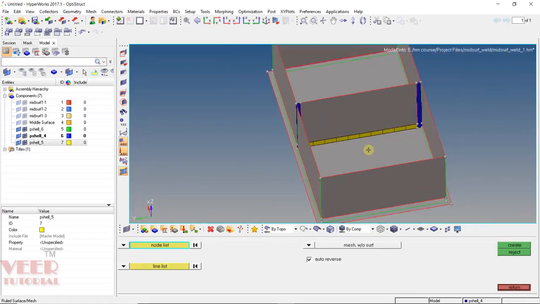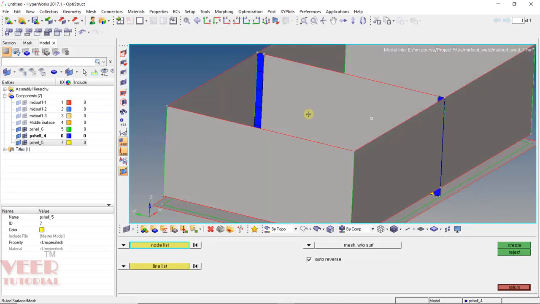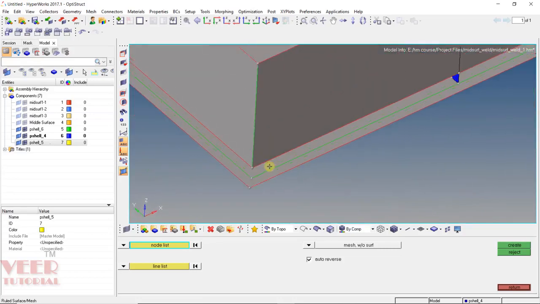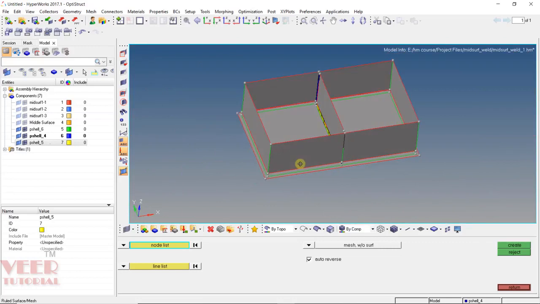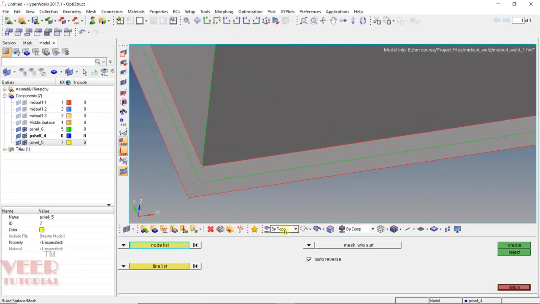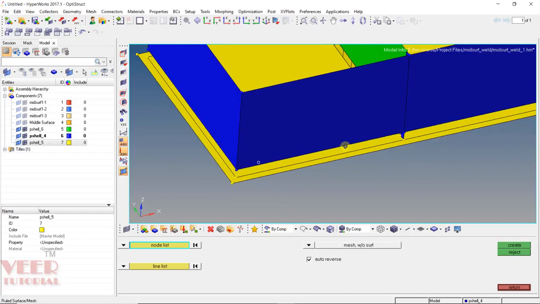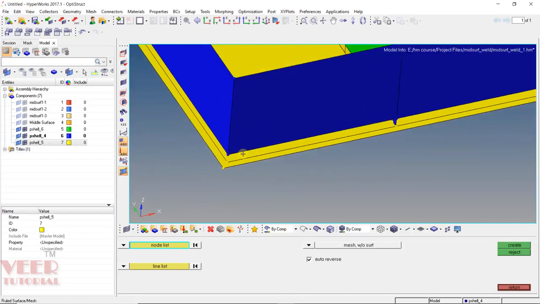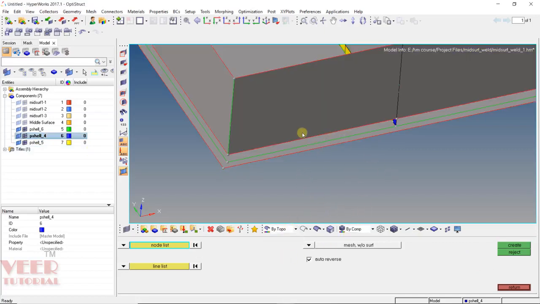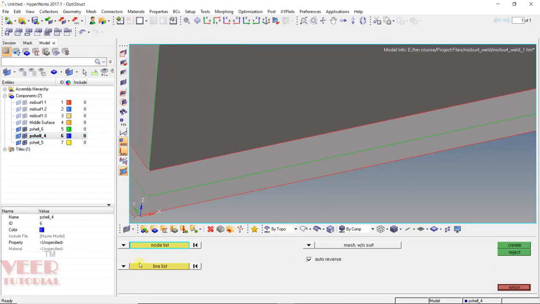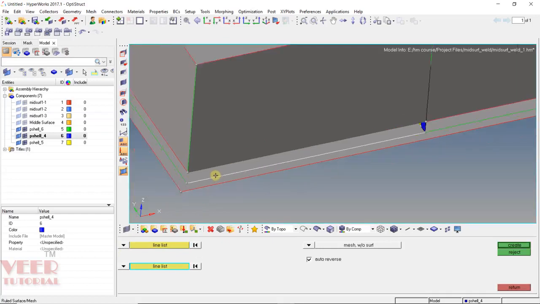So now we can do the meshing of this outer face. So to do the meshing of this outer face, I go to this component here. So we need to do the mesh between this blue color and the yellow color component. So the minimum thickness is 4 between them. So current component is P shell 4. So let's say I go to topo and then I select this line. So select line here, select this line and then line and here.